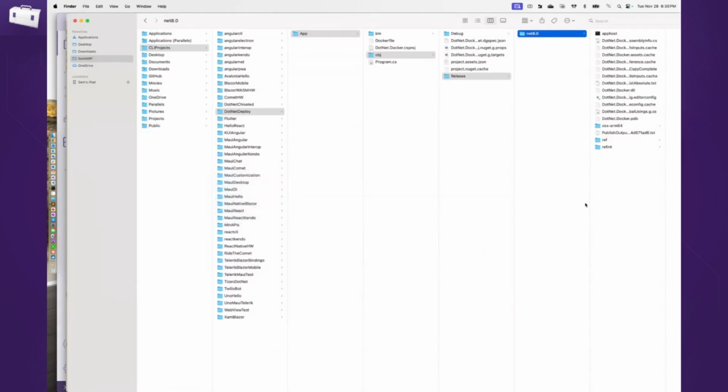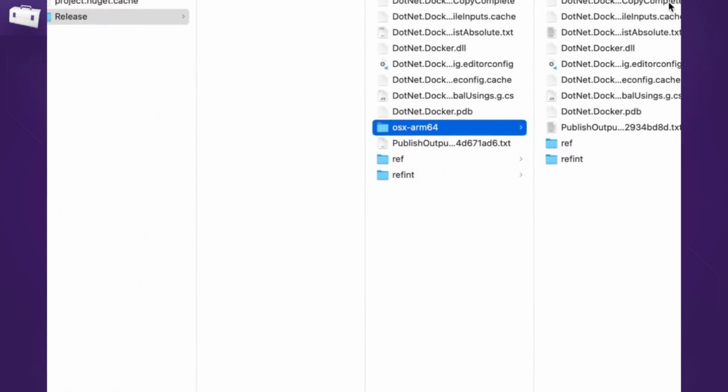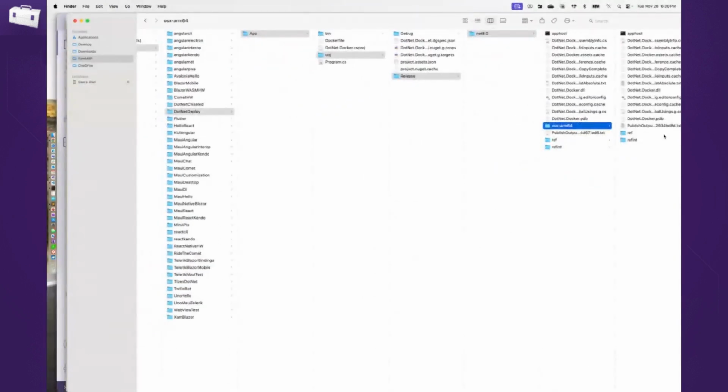So now if I go back here, you get an OS X ARM64 folder. You get this folder because I happen to be on OS X, and these are all of the things that .NET needs to run as well. So now this is self-contained. The published one is just meant for running on an OS that has .NET running. If I do a self-contained, then it's going to run on any machine, whether it has .NET or doesn't.